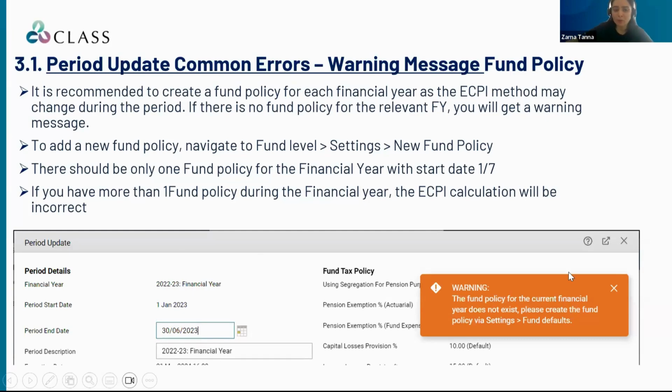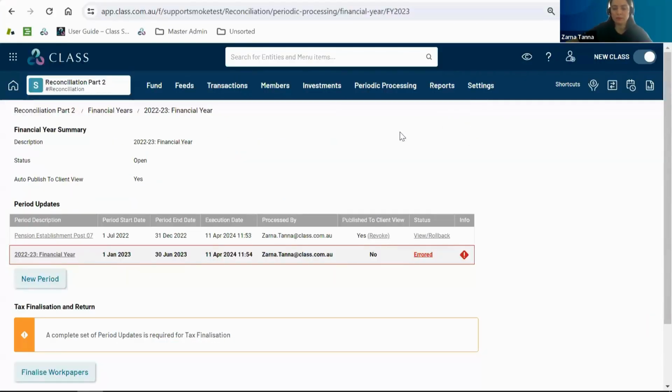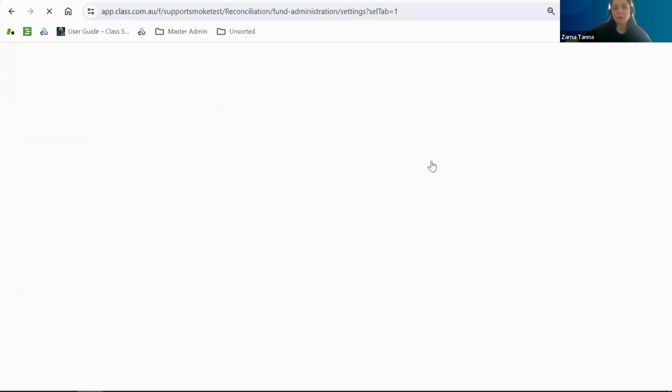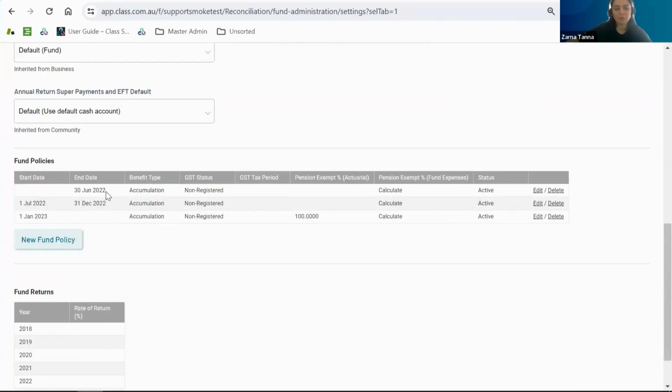How to add a new fund policy is what we can look at in the fund level. So we go to settings, we go to fund defaults, and you will be able to see the fund policies that you have added in the previous financial years. Please note the fund policy should be only from 1 July for each financial year and not in between of the period. So for every financial year, you will have one fund policy starting from 1